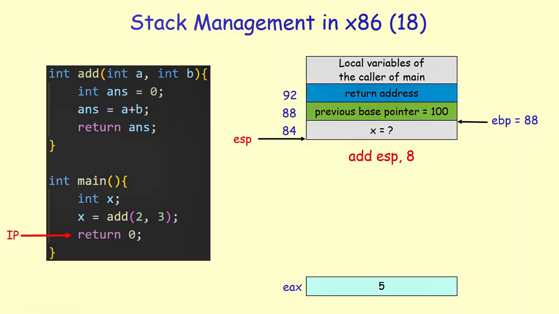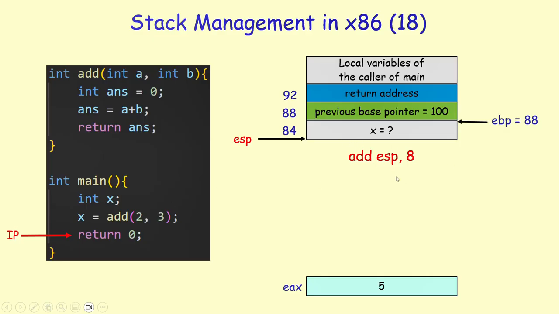As a side note, I should mention that it was possible for the callee, the add function, to actually remove the parameters from the stack when it was doing the return instruction. That's another way to do it. These are 2 different function call conventions, the C style, and the other one is called the Pascal style. In the C style, it is the caller, the main function in this case, that pushes the arguments to the stack, and after returning back, it's the one that removes them by an instruction like this, by saying add ESP, 8, because it had 2 integer parameters, a total of 8 bytes. So it's the caller that removes them.